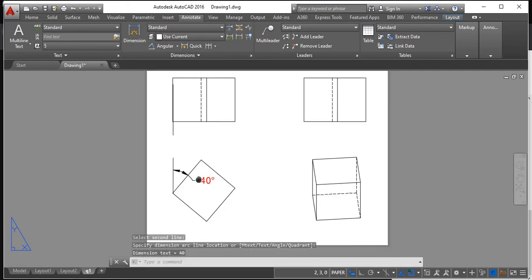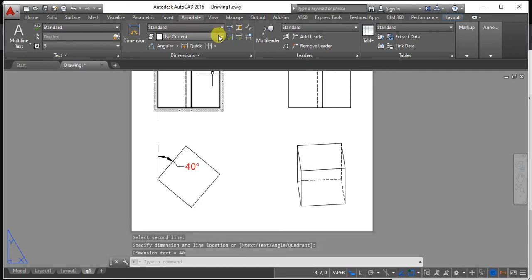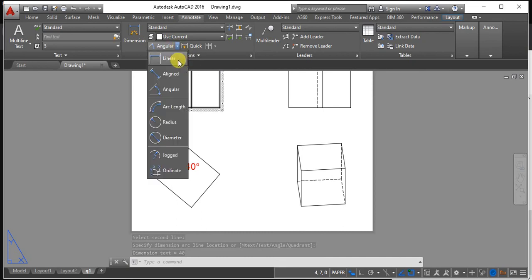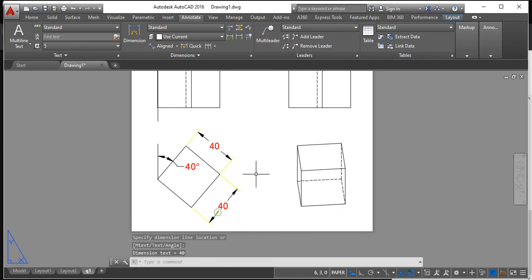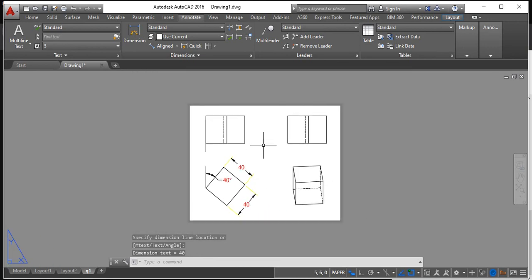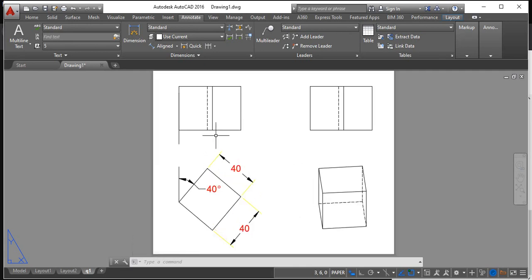Okay, it is 40 here. Then followed by the dimension or aligned dimension, which is 40 cross 40, right? So you have to annotate them again, name them with all the sides and all. Okay, A dash, B dash and all. You can just take care of that. Is this thing clear, guys?